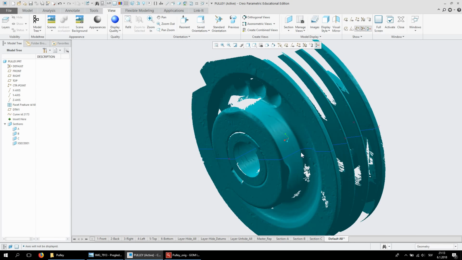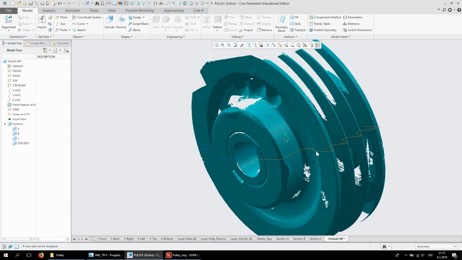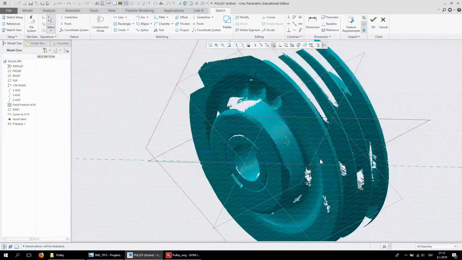So now we're going to create a revolve using a sketch that we are going to draw using this cross section curve. So we're going to create first a sketch on this datum plane that we created. So on this datum plane, let's go to sketch, and I like to use